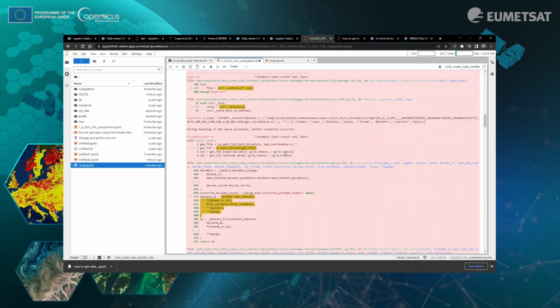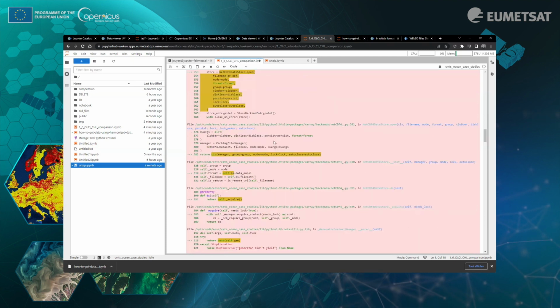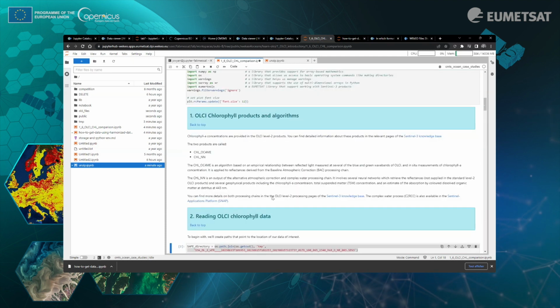But quickly, okay, this is very simple. In fact, all of this is to show you that a lot of work already exists on the WEkEO platform in the Help Center, the Jupyter Notebook galleries. So you can have a look at that. You can try to play with the data. There is a big user support to help you on doing this.